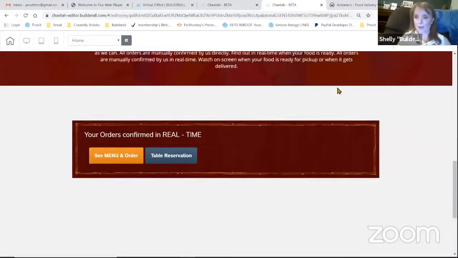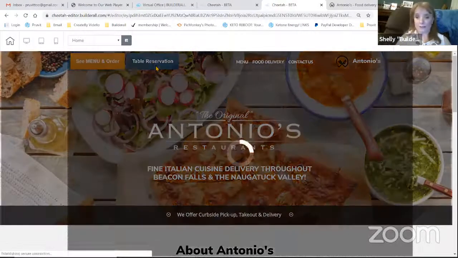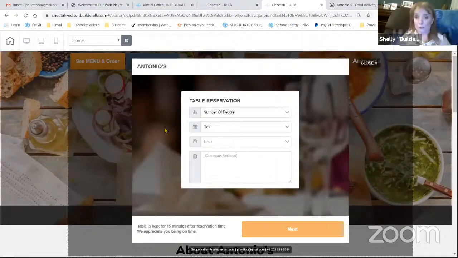If the restaurant owner doesn't want to set up the credit card purchase, you can set it up to pay for it when you get to the restaurant. And then there's no charge for anything at all. And then you put the price of what you want to get on there. So I am totally serious. There's also a table reservation program you can add to it. So please check out